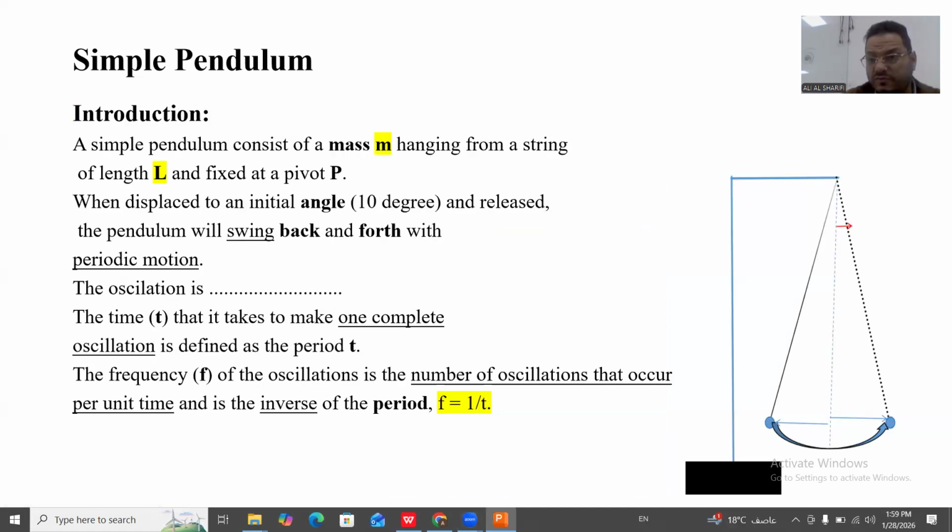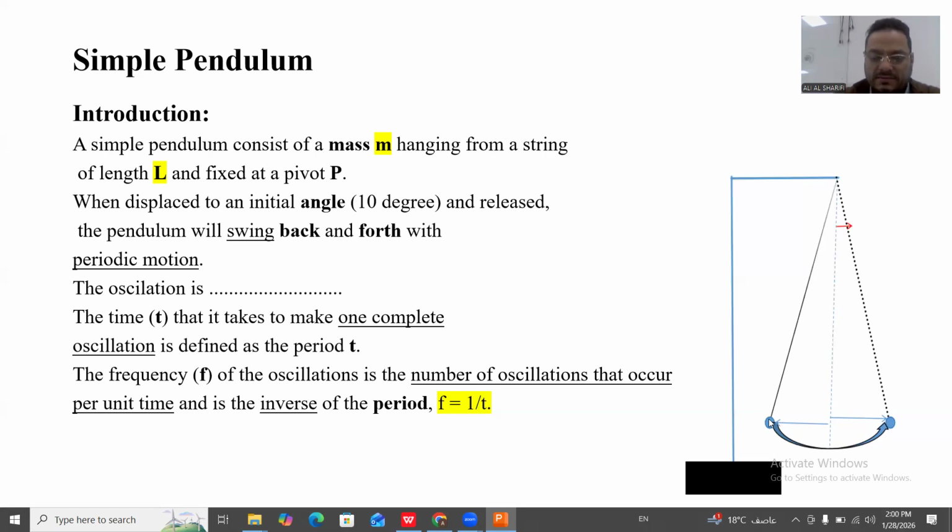Here, a simple pendulum consists of a mass, the iron mass, hanging from a string like that, from a specific point. It's a pivot. We can say it's P. The length of the string is L. We will change the length of the string. When displaced to an initial angle of approximately 10 degrees and released, that means take this mass from the equilibrium point to this point and release it, it will go and come back to the same point, no more,